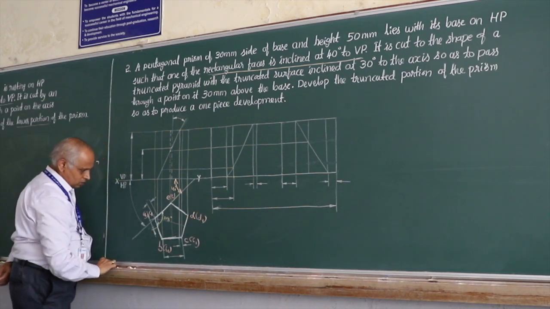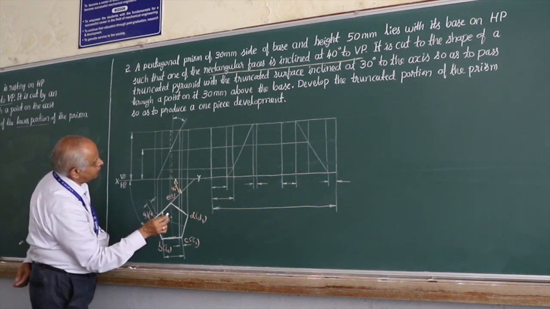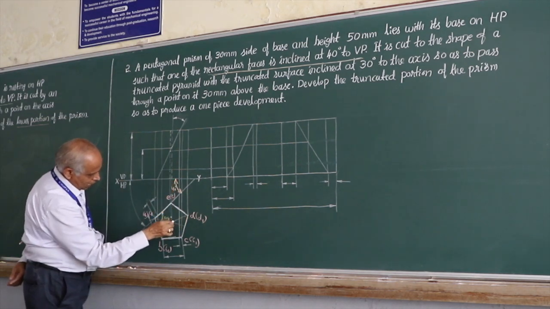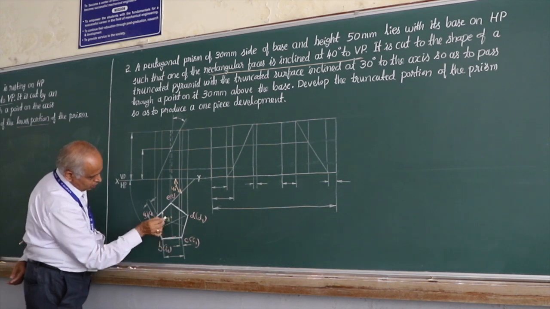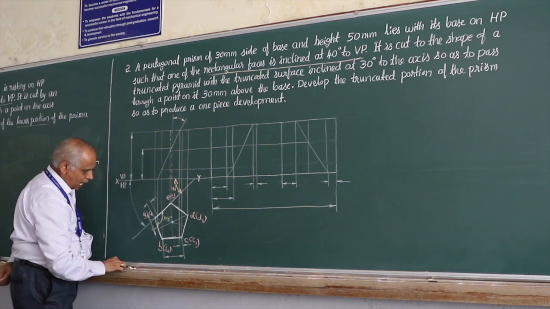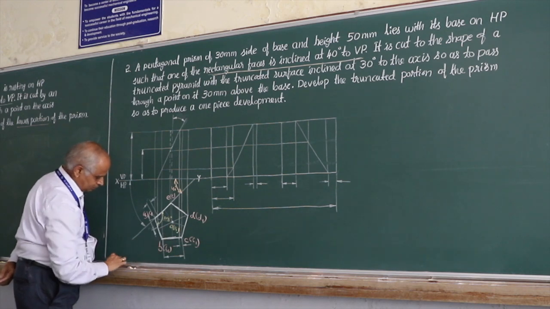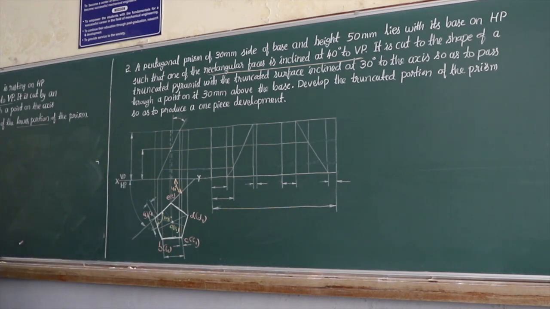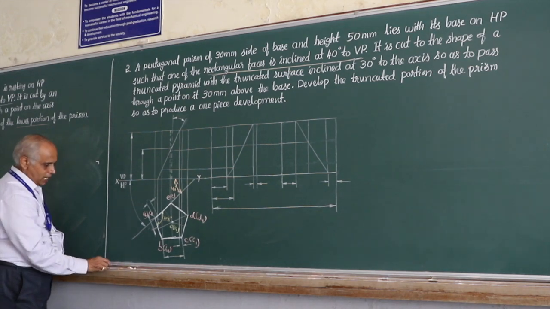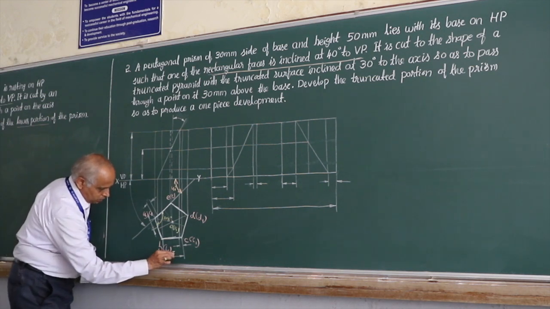Of course, part and parcel of every problem, you need to ensure that you also locate the axis. So this is the axis point. By joining the corner to the midpoint of the opposite side, you get this intersection point, and that is the axis point. O visible at the top and O1 invisible. So you complete this pentagon. I told you, ensure that all sides are equal and all angles are equal, and you dimension the side of pentagon, which is 30 mm here.